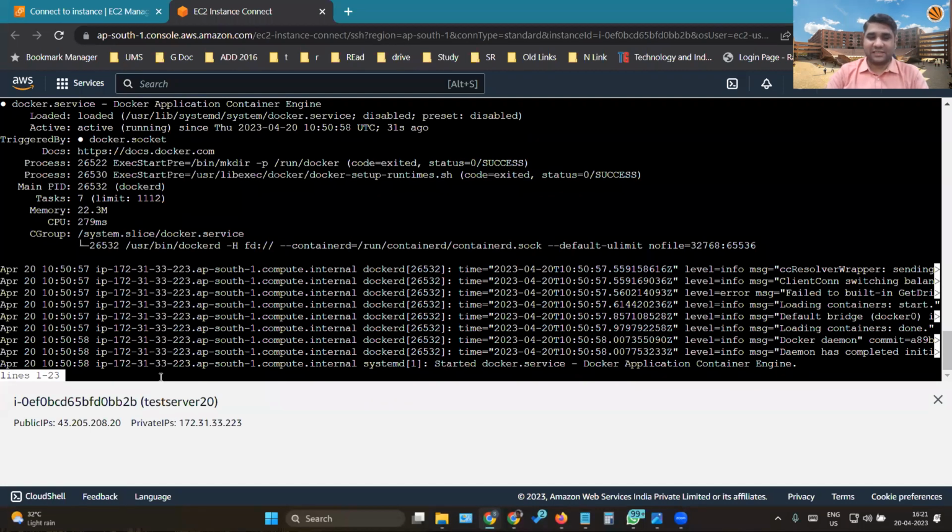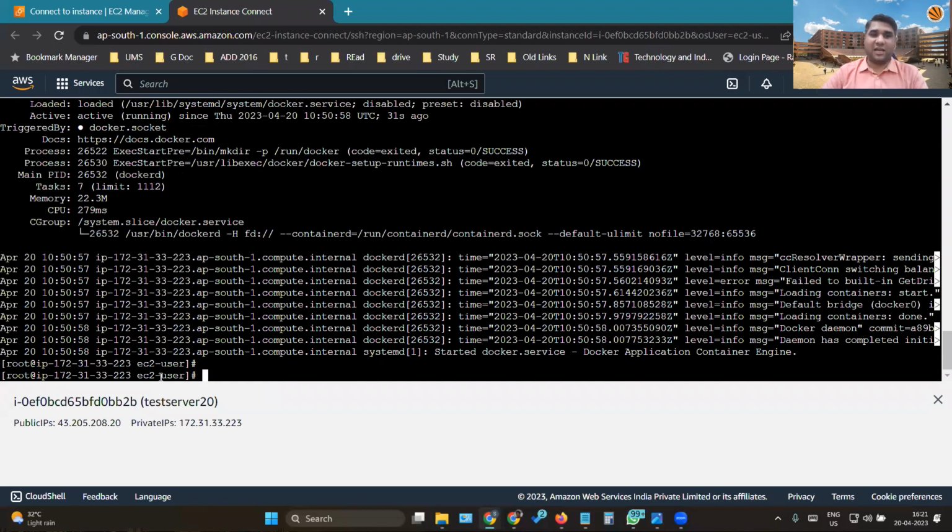Now I'll simply escape from here and come out of the Docker service, and check that yes, the container engine and everything are running. Now I want to connect this Docker to Amazon Linux, which is my Amazon Linux 5 operating system. Then I want to host an application which says it works, to show that my application and cloud is running absolutely fine. So first I'll check whether that server is available or not.